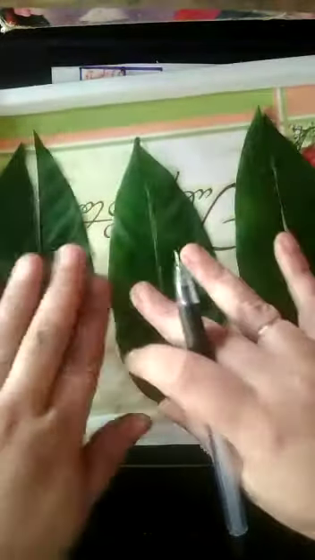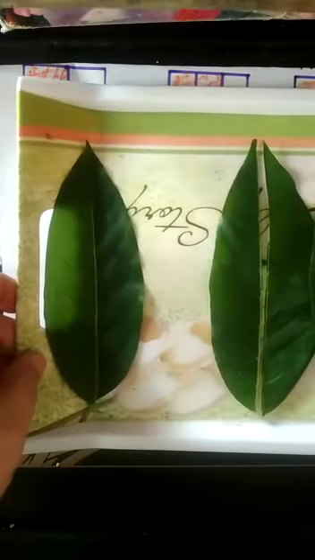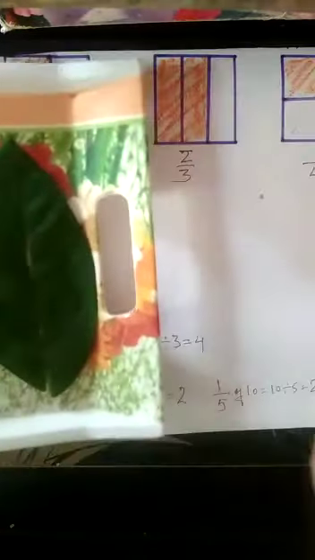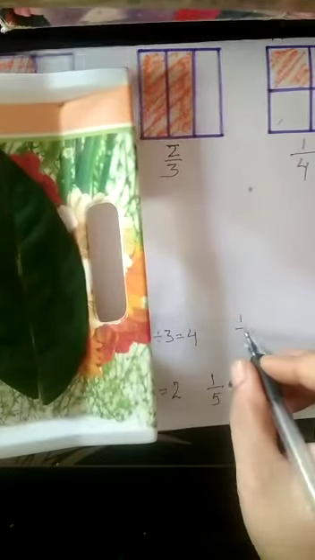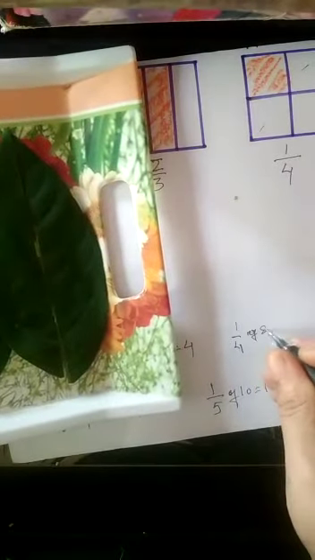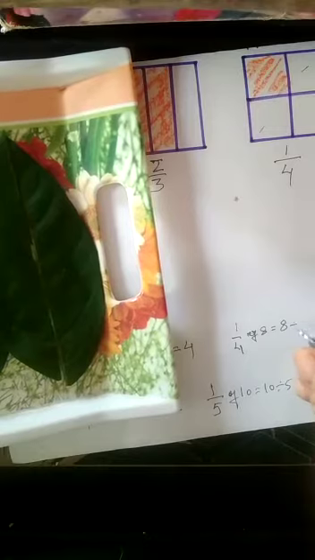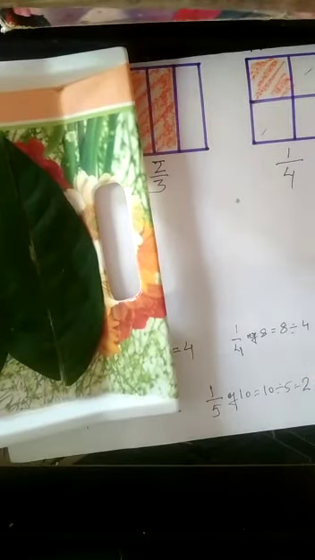But if I keep 1 away and 3 together, then the 4 leaves are divided into how many parts? 1 upon 4. But 1 upon 4 of what? Total 8. Total 8 parts. So of 8. So in one part how many come? 8 divided by 4 equals 2. So in one part there are 2 things with me. Okay. Clear, students? In this manner you have to do this. Thank you.